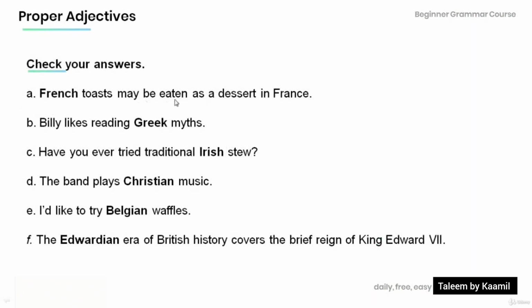French toast may be eaten as a dessert in France. Billy likes reading Greek myths. Have you ever tried traditional Irish stew? The band plays Christian music. I'd like to try Belgian waffles. The Edwardian era of British history covers the brief reign of King